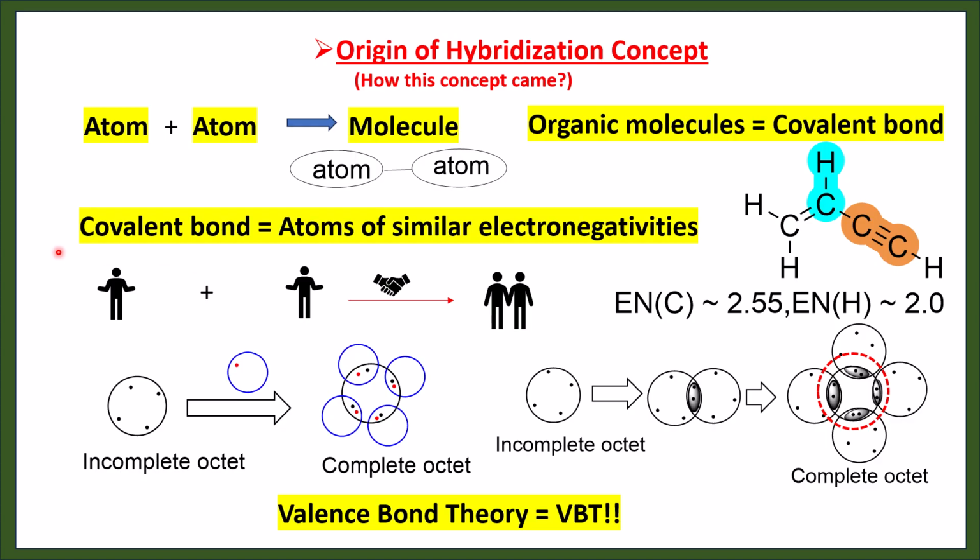Let's have a general discussion. Here, two people of similar strength, either social, economical or physical, have strength that is insufficient for a particular task. If they mutually agree and make a friendship, then they can totally use their strength for the required task and get benefited equally. In the same way, atoms use their valence electrons for their stability when they form